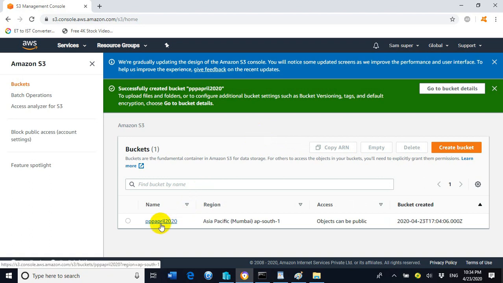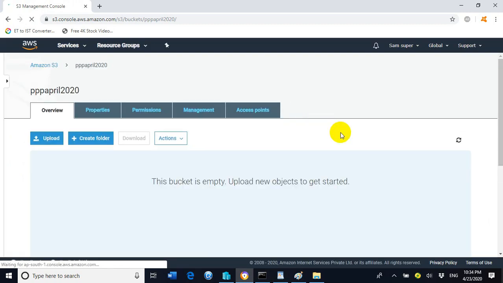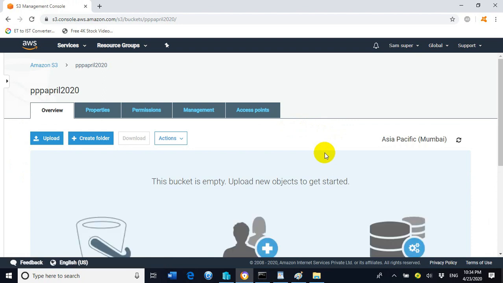Now let us click on Triple P April 2020, which is my bucket name, and now I will perform a task to upload some file inside the bucket. As we already discussed, any file or folder will be treated as an object. So let's proceed.